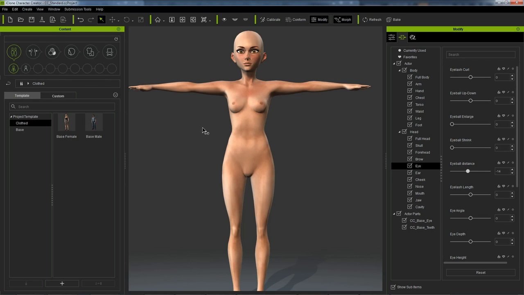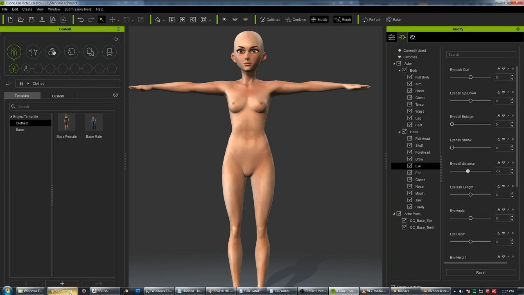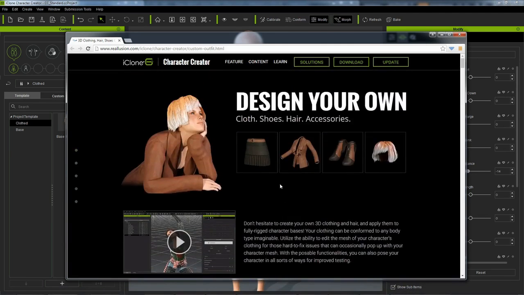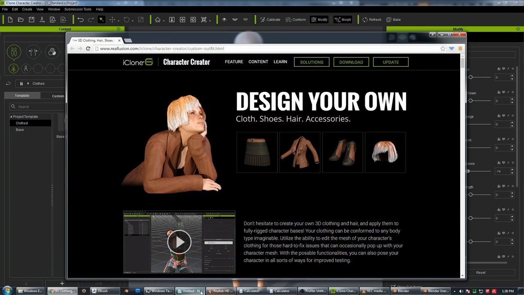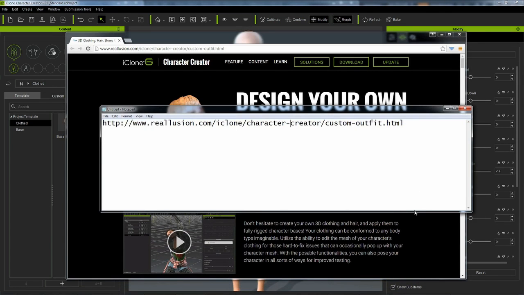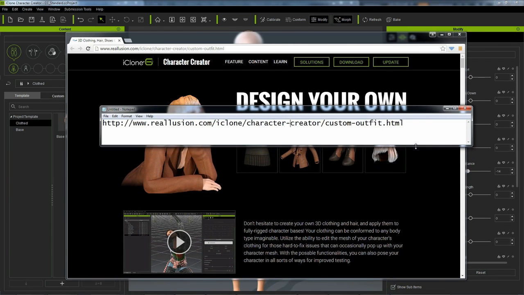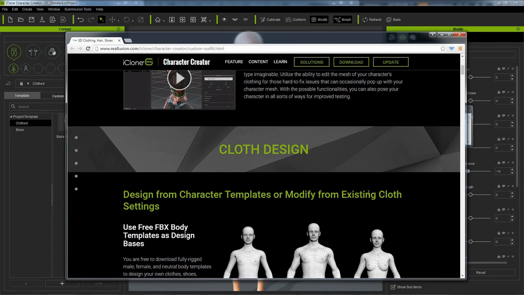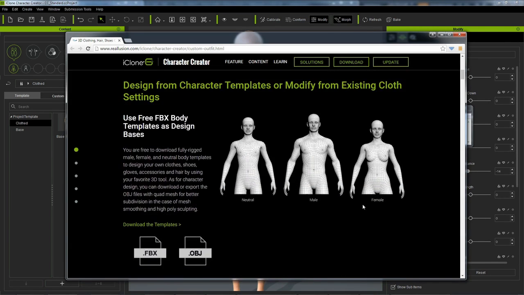that's okay, because if you go to Reallusion's website, this website right here, and this specific URL over here, you can actually scroll down, and you'll see down here, they have templates, and you can build your clothes around these. We have both FBX and quad OBJs as shown here, and you can build your clothes around the OBJ and bind them to the FBX file, and this is the method that we're going to be using